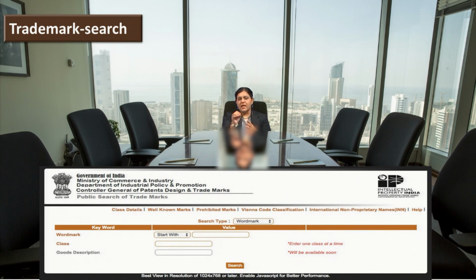It starts with "sanit", so you can just keep the word "sanit". Or if you want to see all trademarks which have the word "sanit", you can choose contains, and the last option is match with. Any of the 3 options you can choose, and you can check how many trademarks are already registered using that particular word.